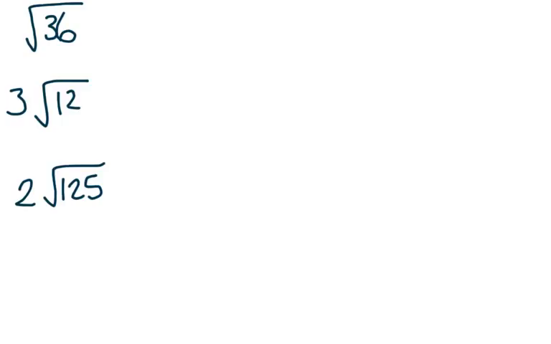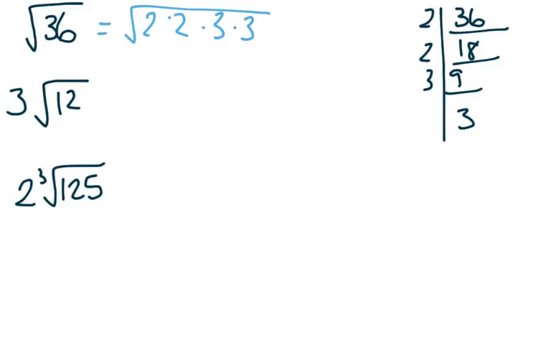Alrighty, we want to simplify the radicals in the square roots below. So let's start with square root of 36. You always take the prime factorization of the radicand. So if we do the prime factorization of 36, we get square root of 2 times 2 times 3 times